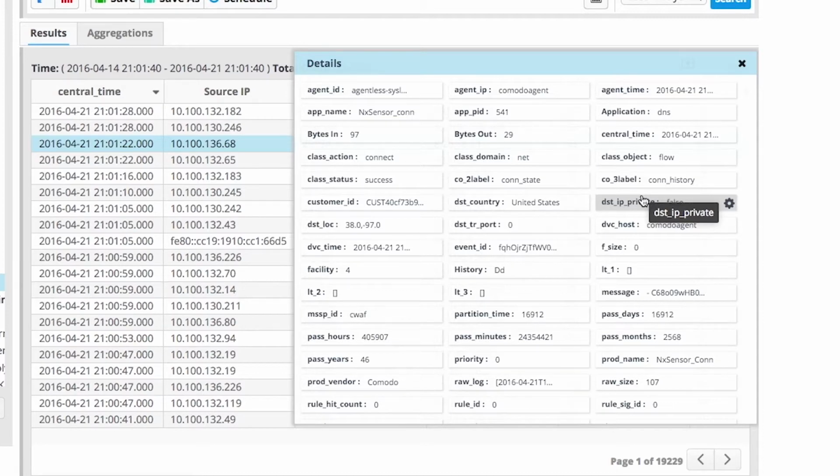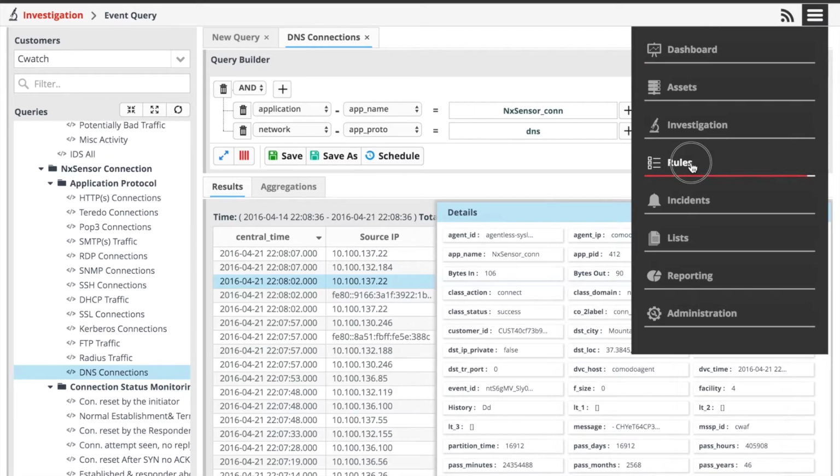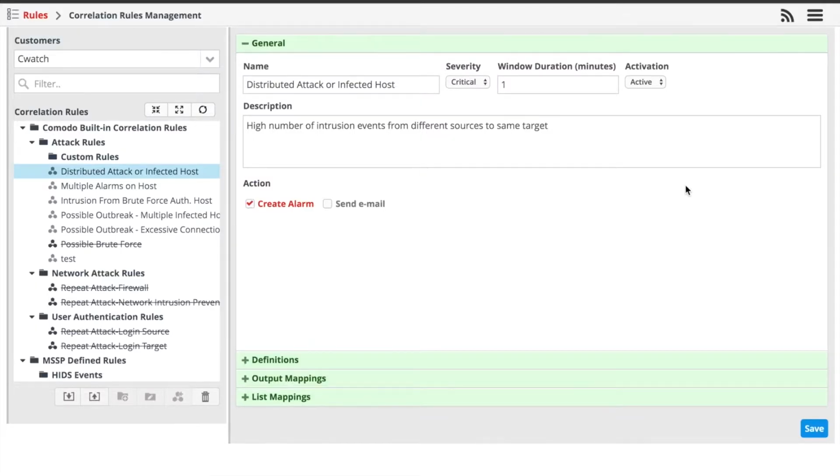Now let's look at how to build a customized rule. Let's go to the Rules section, Correlation and Rules Management. Now I'm in the screen where you can author all of the customized rules for your environment. Let's start by clicking on a folder, and in building my customized rules, I could build a rule with any one of the folders that makes sense for my environment. I'm going to choose Custom Rules, go here, click on the rule,